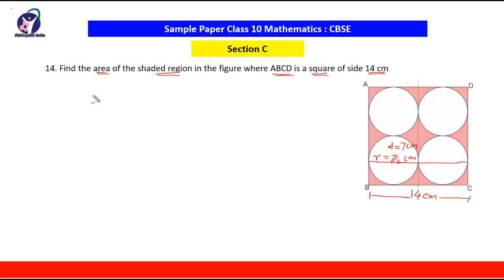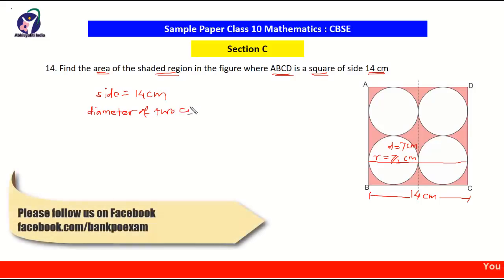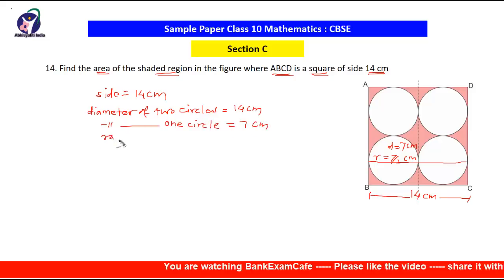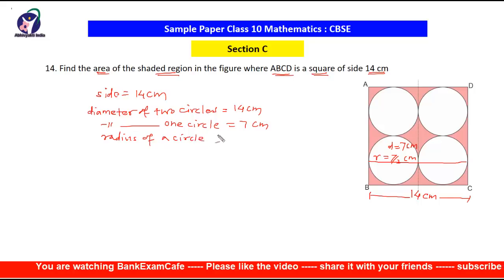So first write here, side is equal to given things 14 centimeter, therefore diameter of two circles will be equal to 14 centimeter, and therefore diameter of one circle will be equal to 7 centimeter, and so the radius of a circle is equal to 7 by 2 centimeter, and therefore area of the shaded region